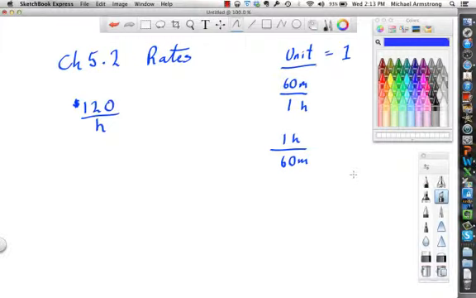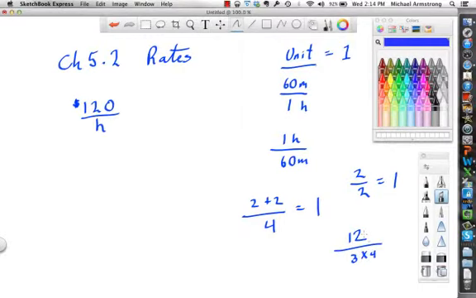Just like if I put 2 over 2, that's equal to 1. I can also write 2 plus 2 over 4, which happens to be equal to 1. I could come up with anything like 12 over 3 times 4. That happens to be 12 over 12, which is equal to 1. So I'm trying to show you that it doesn't matter if we use minutes or hours or regular numbers. We could even use